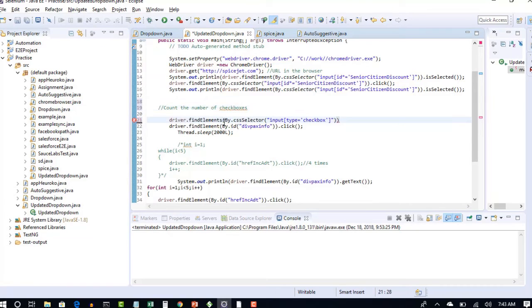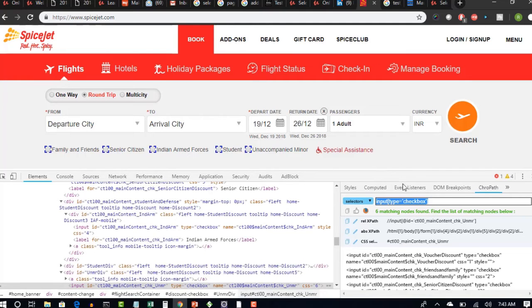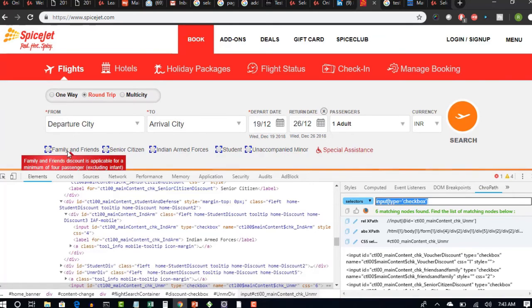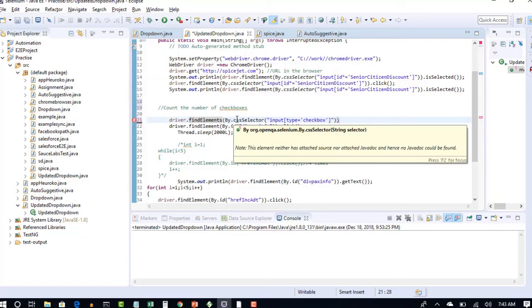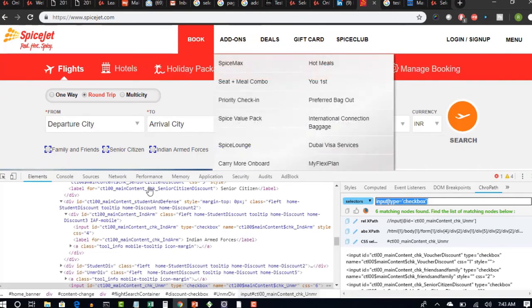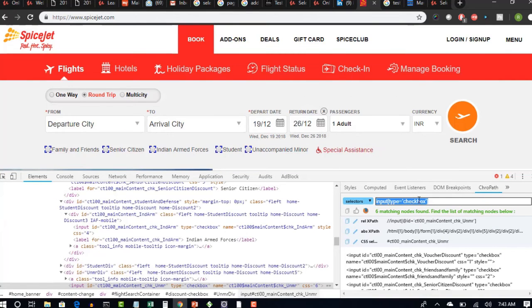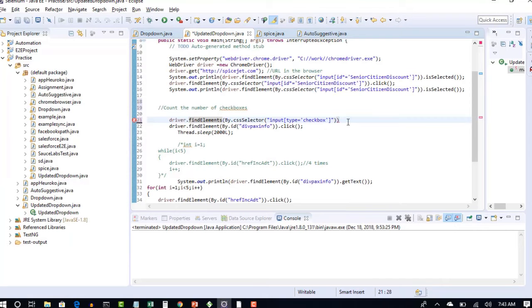Selenium will bring all the 6 elements when you give this step. But when you provide only findElement singular, Selenium will get the first result it found in the application for the CSS. You know that Selenium scans from top left, right? It will find the first checkbox and return only that when you use findElement. But when you put findElements, it will scan all the elements in your page using this attribute, and it will get all of them.